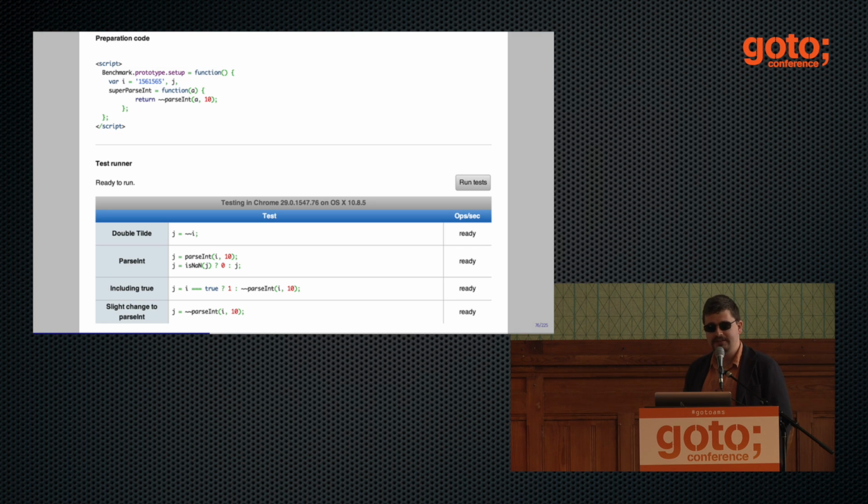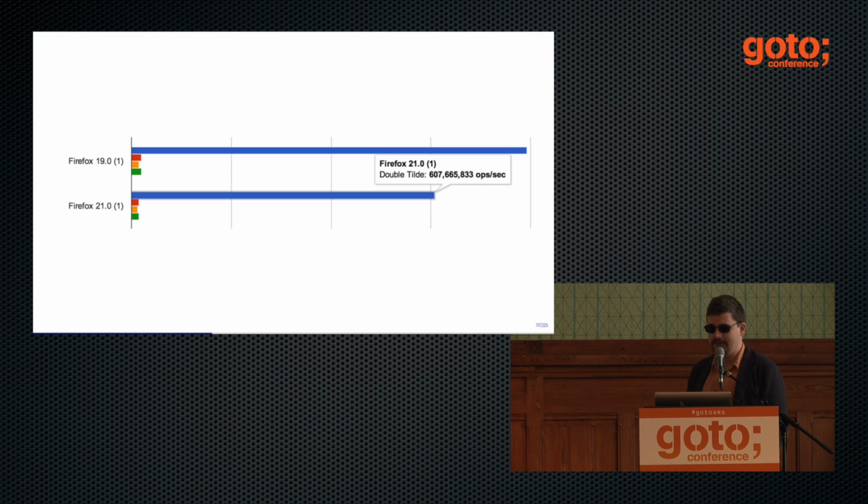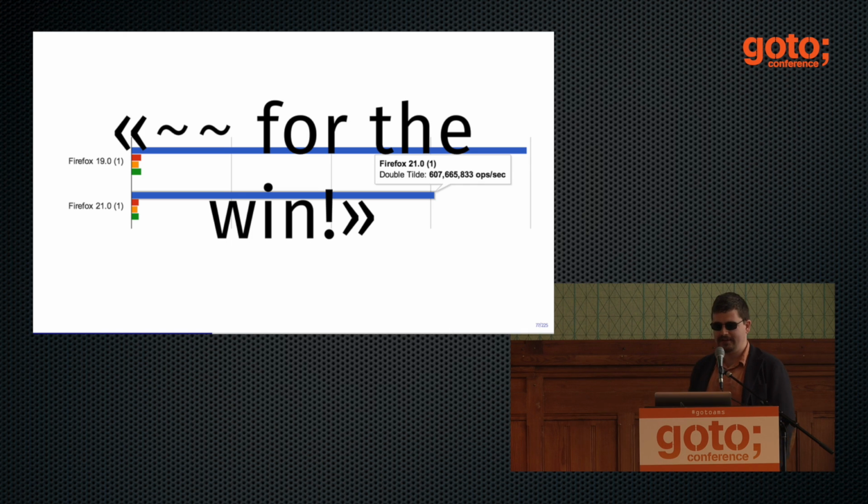But it's actually not very easy to achieve that in the modern world. For example, here is another case from JS-perf where somebody tried to measure the fastest way to convert a string to a number. And it turns out, again on Firefox, the fastest way to turn a string to a number is a double tilde. If you know the intricacies of JavaScript semantics, the tilde is a bitwise negation, right? And the double bitwise negation is not a negation at all, right? It's just identity. So then you declare, okay, double tilde for the win, let's convert all parseInt to the double tilde. They're considerably faster.